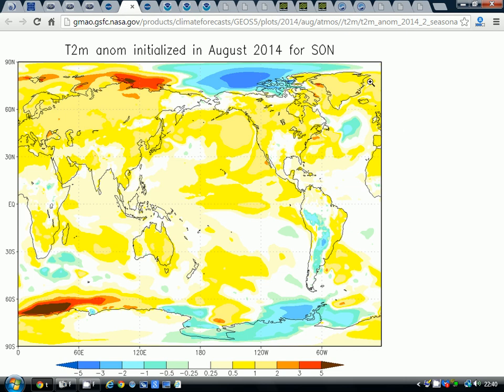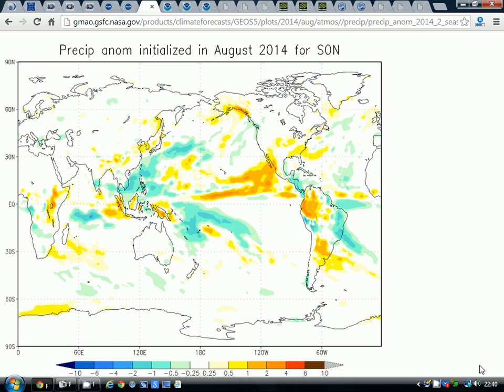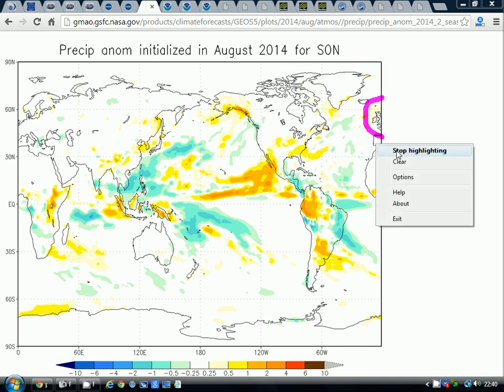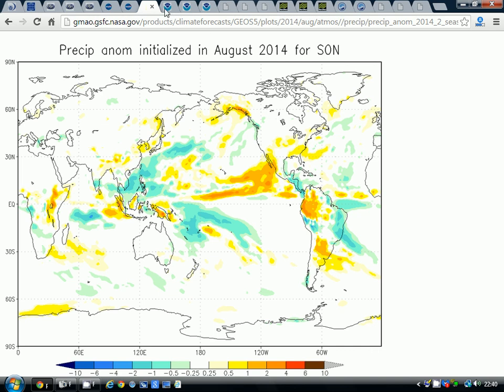The temperature forecast is coming out above average in those yellow colours, warmer than average autumn, again suggested by NASA. Rainfall, interestingly, is coming out near normal. Actually, to the north, it's a little bit drier. Not sure if you can make that out, but in those yellow colours to the northwest, a little bit drier than average there. But overall, it's near normal rainfall on that sort of a setup. So that's the first one that's not really suggested a wetter than average autumn coming up.